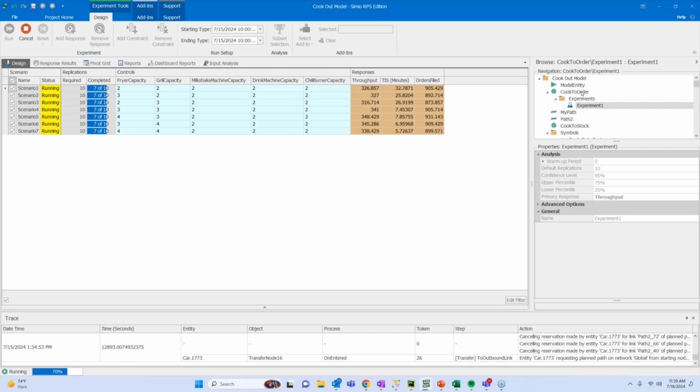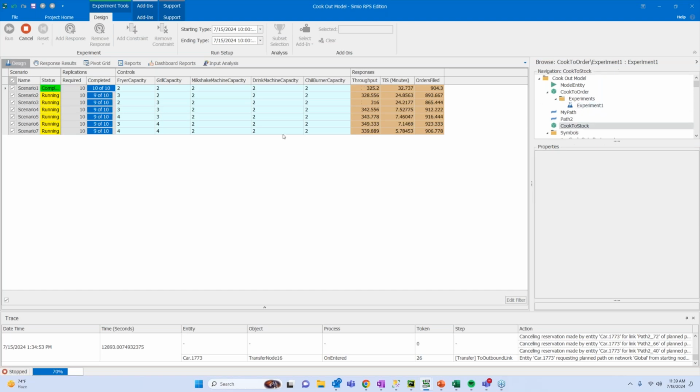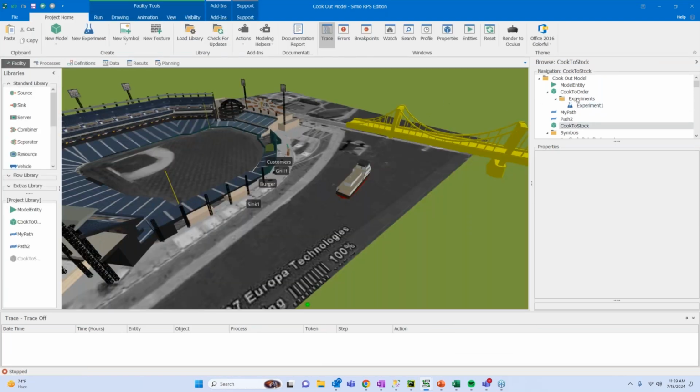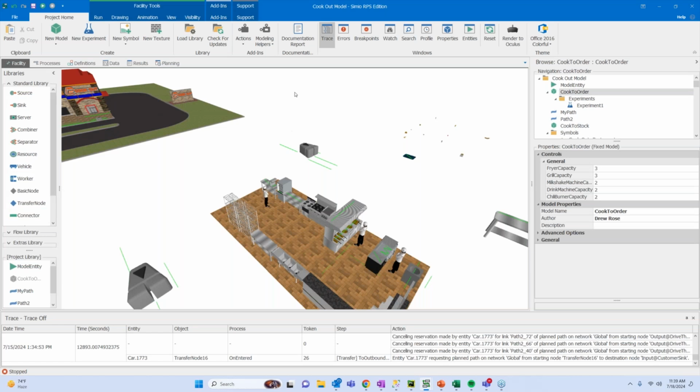But in other systems, maybe we're making to stock. And as this cancels here and wraps up, we'll get to that. So in a moment's time, and I've run a lot of concurrent scenarios, but yes. So in a cooking to order scenario, and let's make sure that experiment closes out, I run a lot of concurrent things. So the cores on my machine were pretty heavily used there.